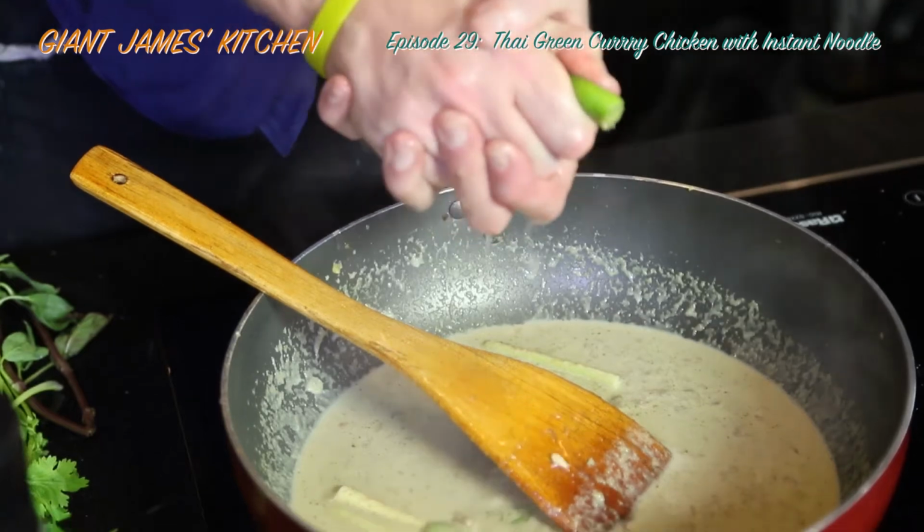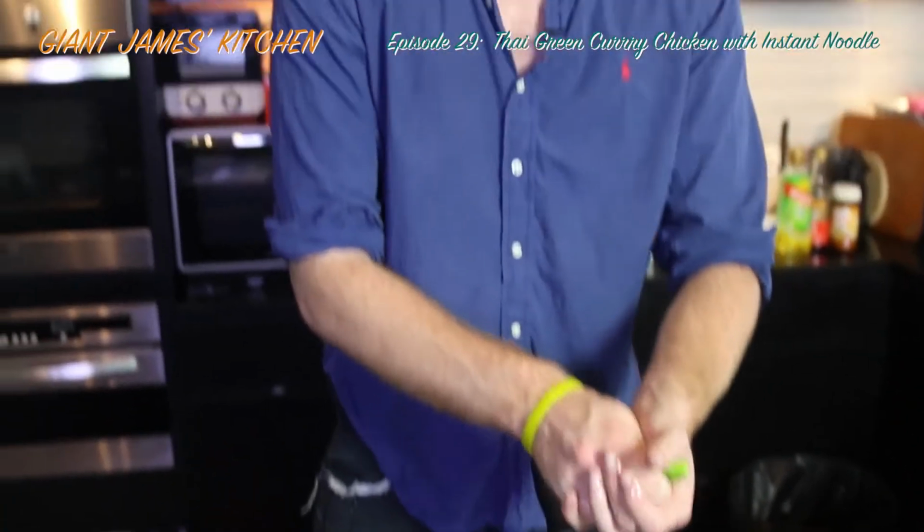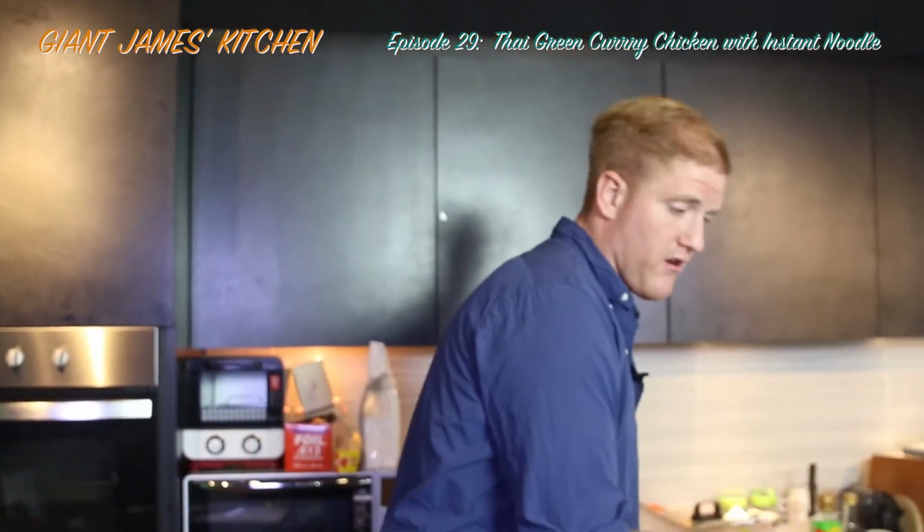So you take that lime, juice of a whole lime. You don't have to have this much lime. You can, if you have the lime leaves as well, and you don't like it too limey, you can have none in there. I just like a lot of lime. I think it tastes great. You take the